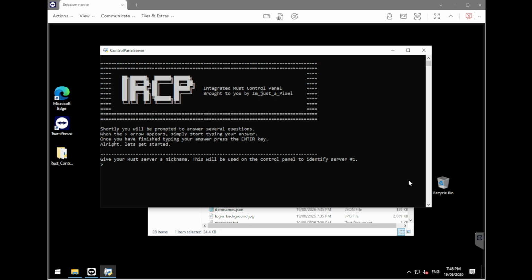And then this is where the control panel asks for a nickname for your Rust servers. So this is for server number 1, as you can see here. Now all this is just a nickname for the control panel. This doesn't show up in a server list inside the Rust game or anywhere else. It's just a nickname to help identify your servers on the control panel if you had multiple servers. I'm just going to call this OG server,